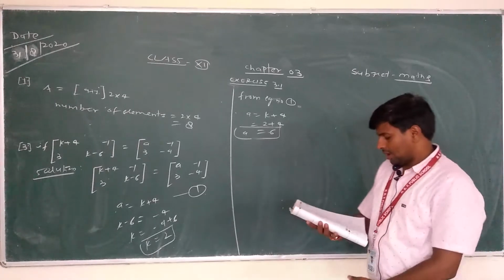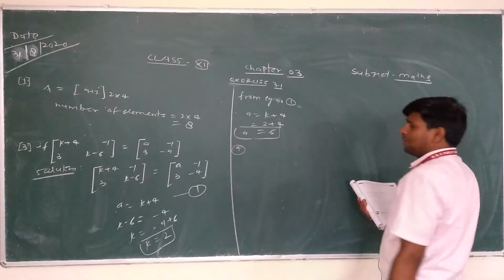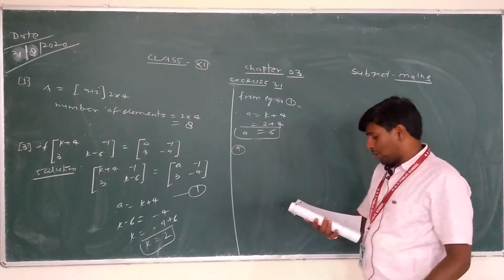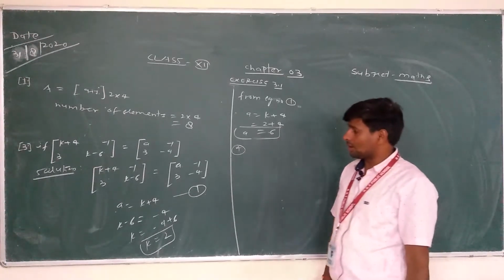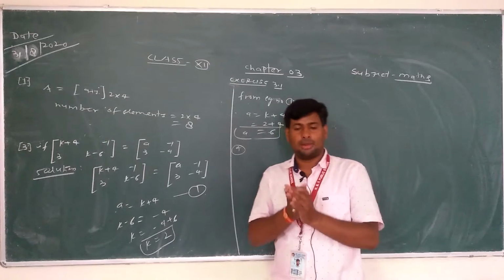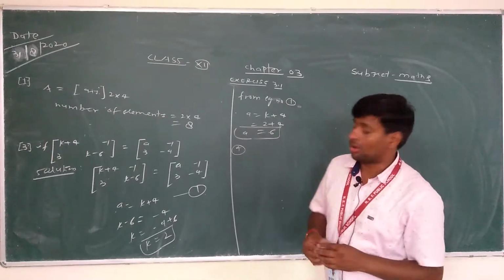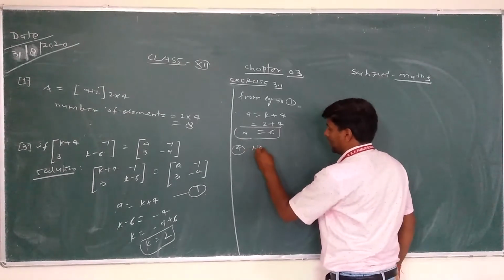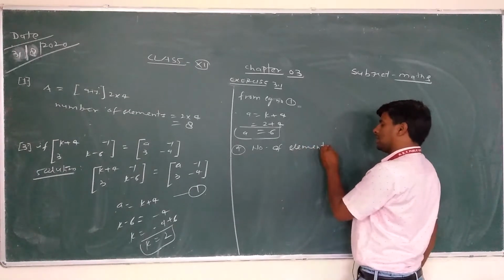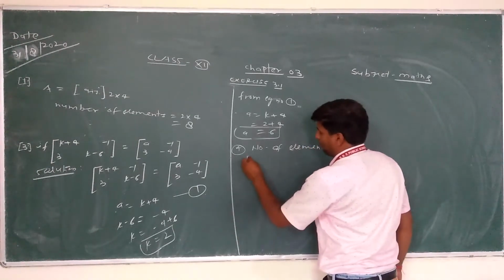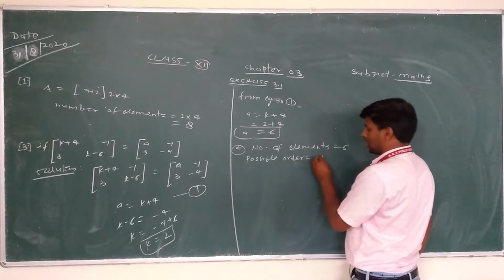We discuss question number 4. What is question number 4? Find the possible orders of a matrix with 6 elements. Means in this question, the total number of elements is 6. We need to find the possible orders. So the number of elements is 6, so the possible orders are: